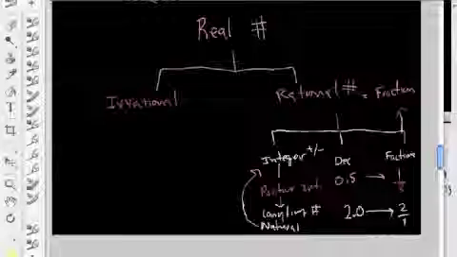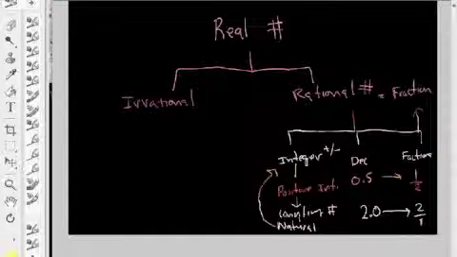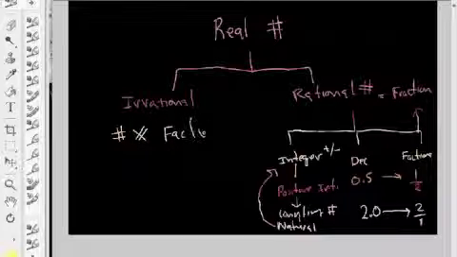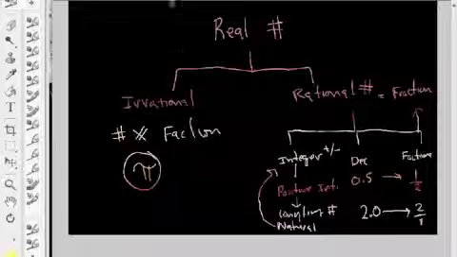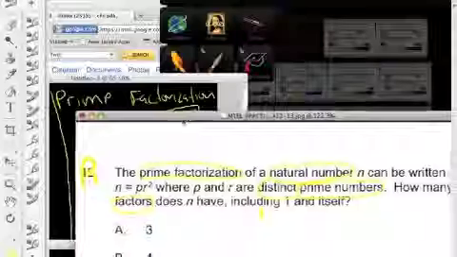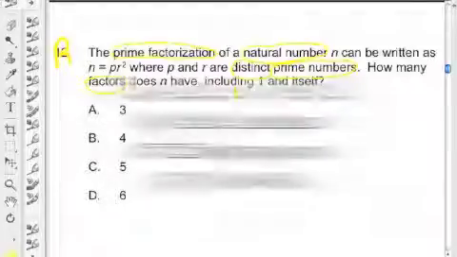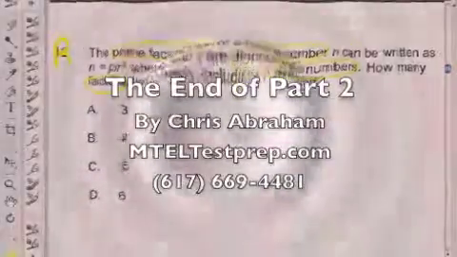Don't worry about the irrational numbers. Basically, it's any number that cannot be expressed as a fraction, doesn't equal a fraction. That would be like pi. And we'll get back to this idea. Okay, so back to our wonderful problem here. So the prime factorization of a positive whole number